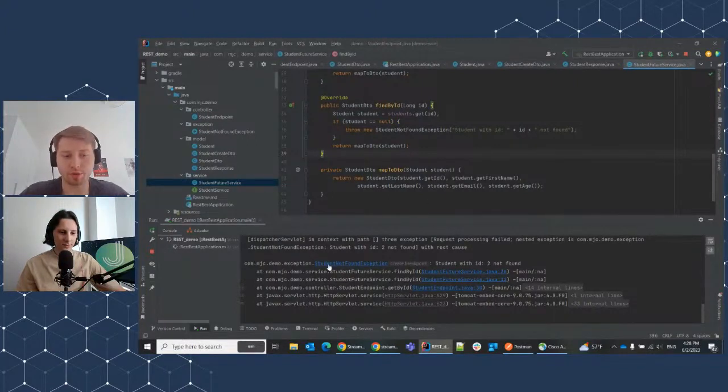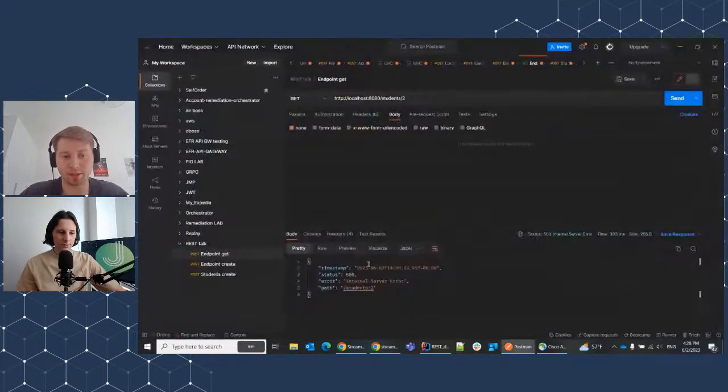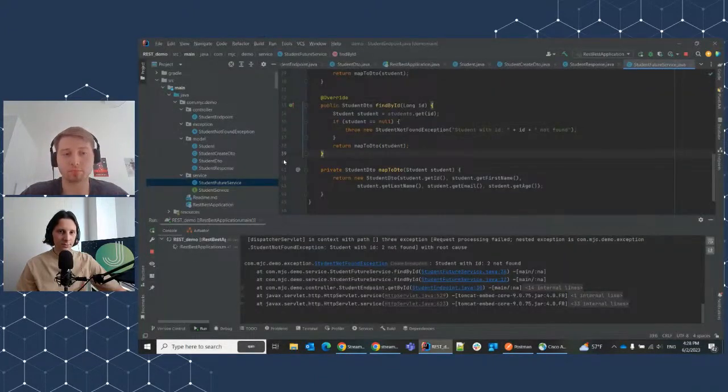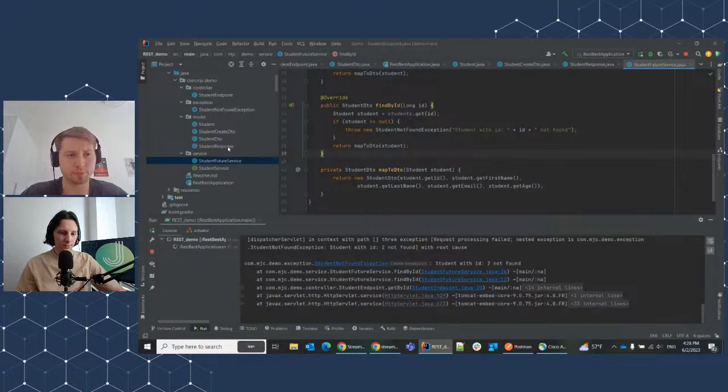Okay, so as you can see, now we have not a null pointer exception, but StudentNotFoundException. But nothing really changes for our client, still 500, right? So let's introduce an exception handler. We can do it in two ways, either in the student endpoint,